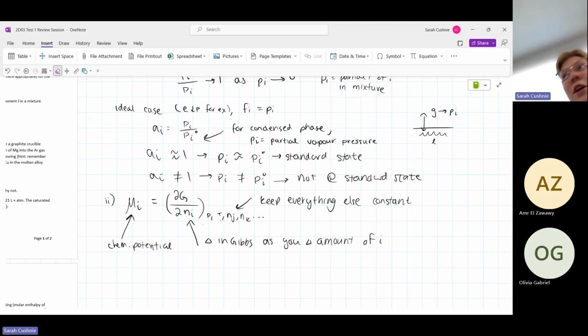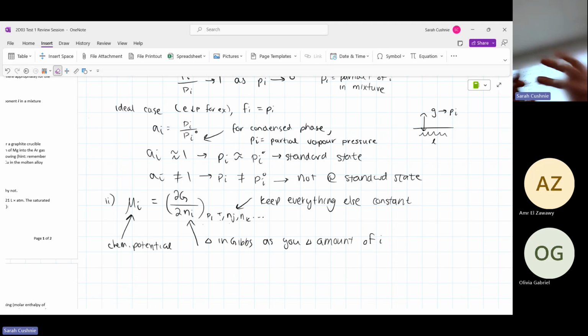But when you get into upper years, chemical potential is used, for example, instead of concentration, because that's what actually determines the behavior of a system. In second year courses, we usually just deal with concentration, but in reality, it's the chemical potential that matters. That's why this is important, because everything comes down to how the Gibbs free energy is changing with a substance. And then a fun fact about this that I wrote down, which I seriously doubt you actually needed in your answer, is that if you had an infinitely large system, then as you changed the amount of moles of substance i, it wouldn't actually change the overall composition, right?